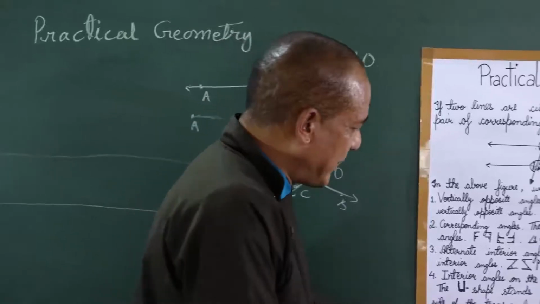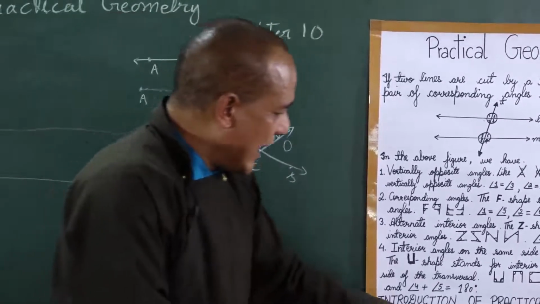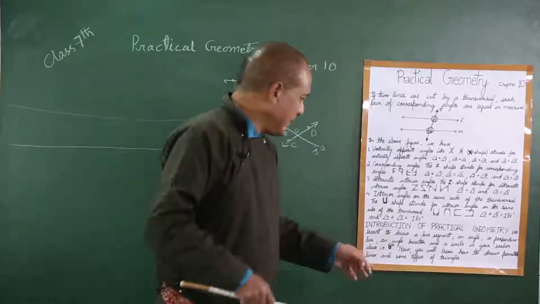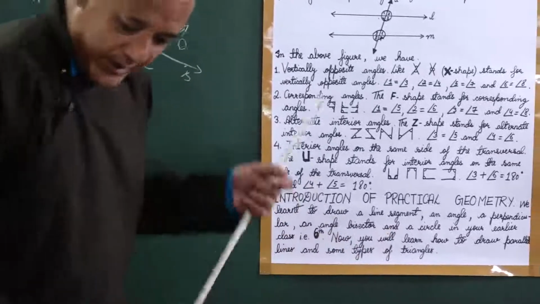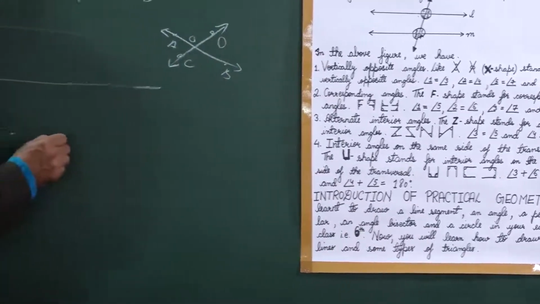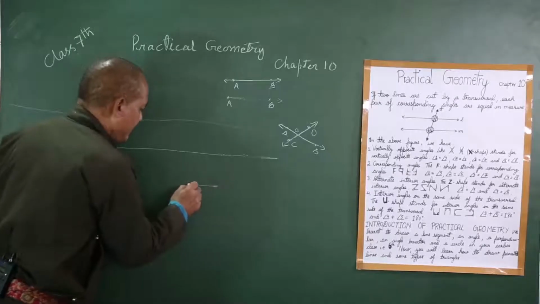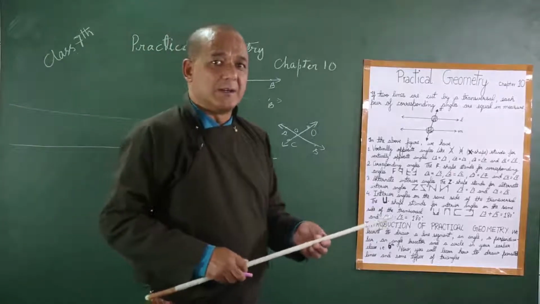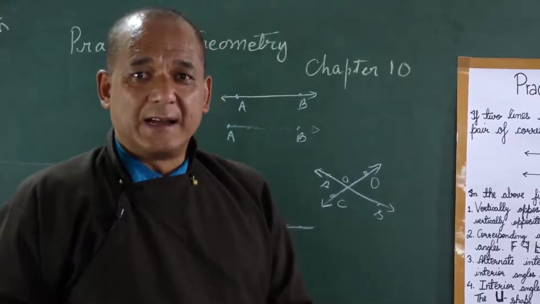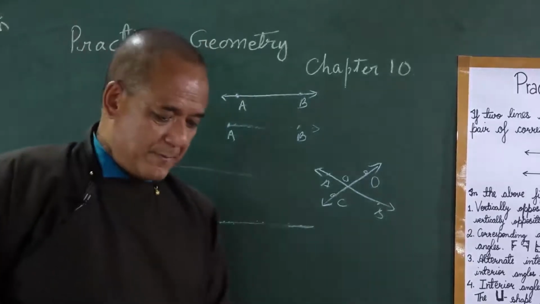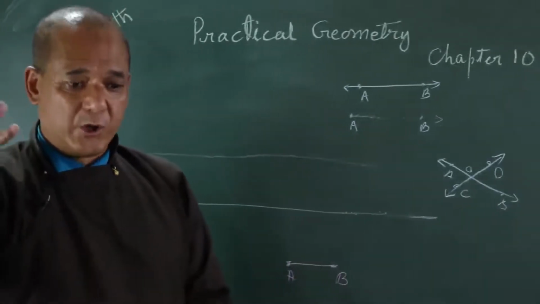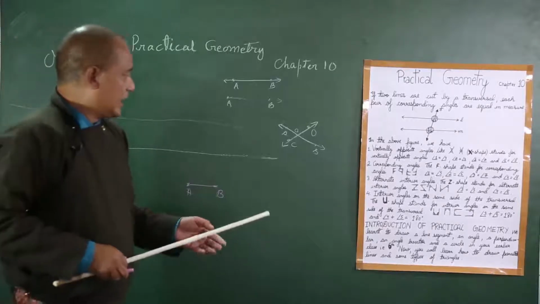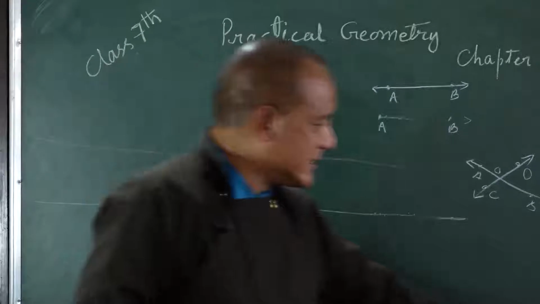Now you have the introduction of practical geometry here. We learn to draw a segment. So in 6th standard, we taught how to draw a segment. What is a segment? Segment is like this, no? This is a segment. How to draw it? That is with the help of tools, the different measurements which have to be made with the help of compasses or scale and all that. That you did while you were studying in 6th class.